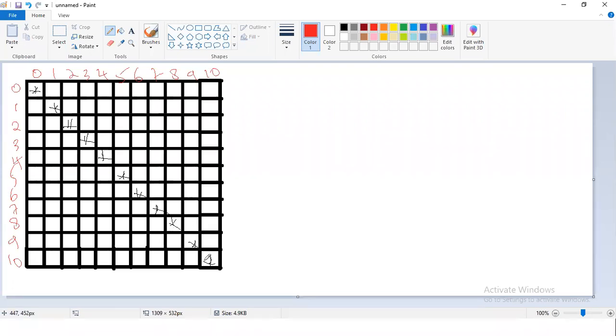So if you want to print in this line, what do you have to tell the compiler? If you wanted to print in this line, you should have told it wherever i value is 0, print a star. But now what you have to do is make a table. Watch here, I'll be making a table now. The table is for i and j values. When your i value is 0, what is your j value? j value is also 0. For this star, what is your i value? i value is 1, j value is also 1. For this star, i value is 2, j value is also 2.